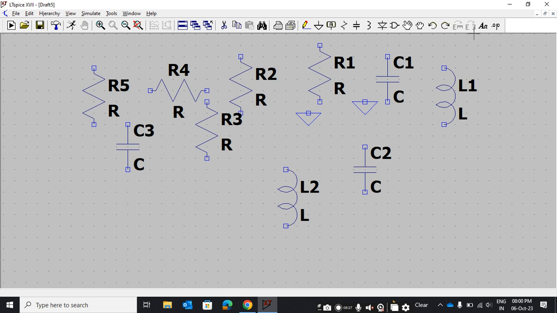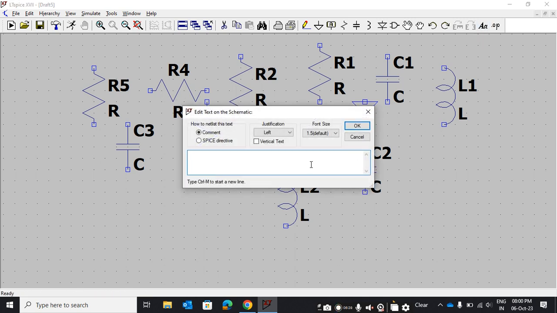And there is no use of these, and this is text, like LTspice. If you want to change its font, it can be changed like this. You can also change its color.